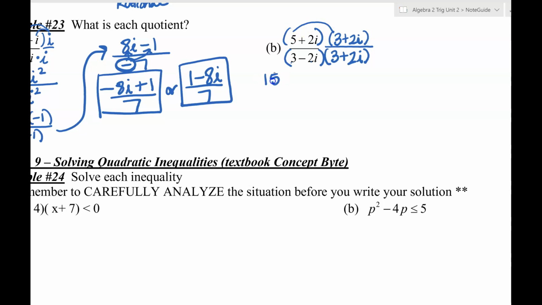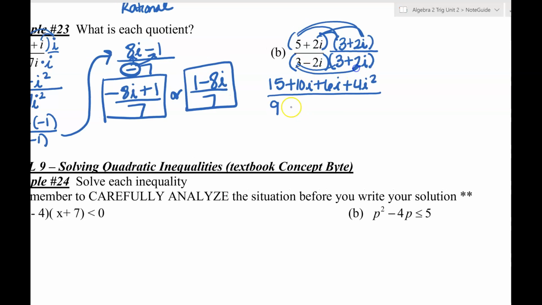So we're going to get in the numerator 15 plus 10i plus 6i plus 4i squared. And then in the denominator, we're going to get 9 plus 6i minus 6i